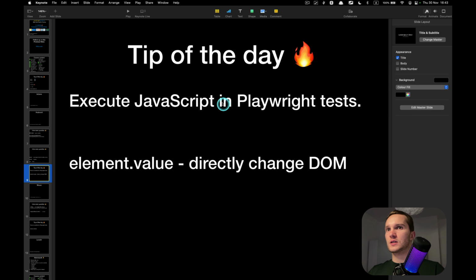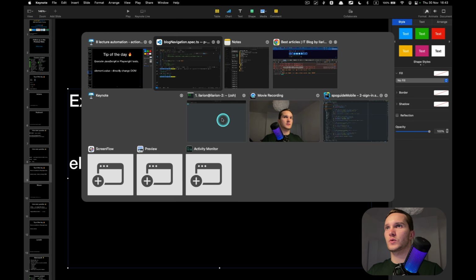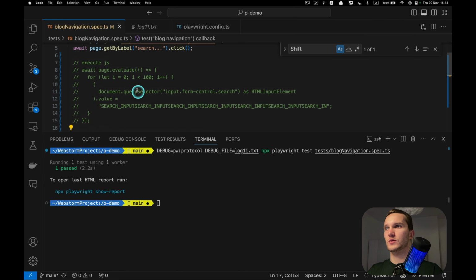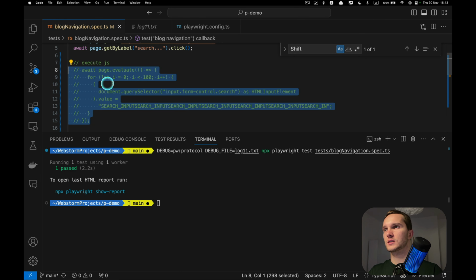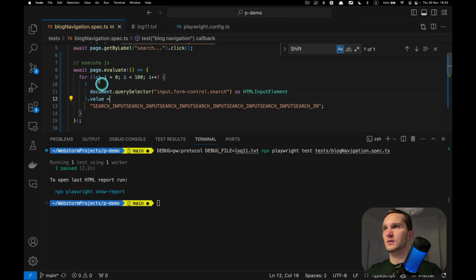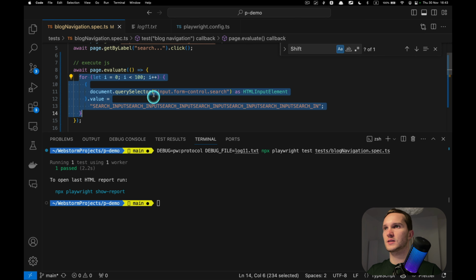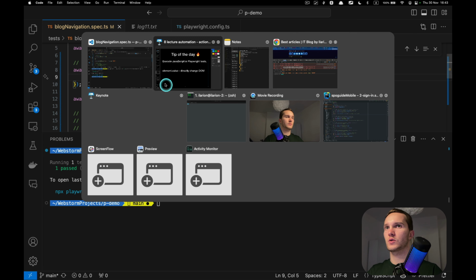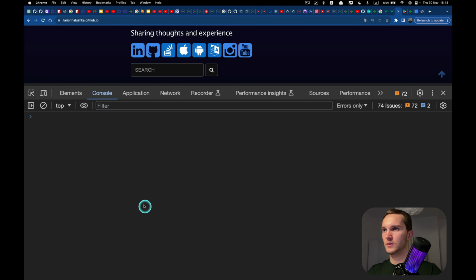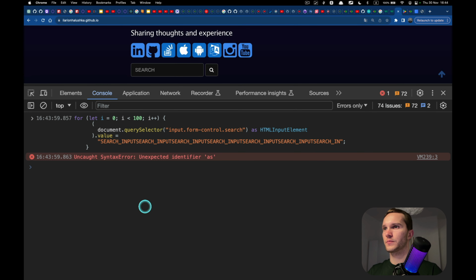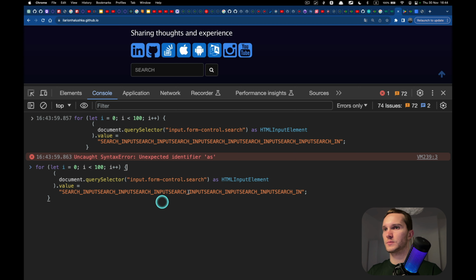Okay, execute JavaScript in Playwright tests. We already did that. I showed you that we can execute JavaScript. It's just the same code that you would use here, by the way, in console. Boom. Oh, unexpected, because this is TypeScript.